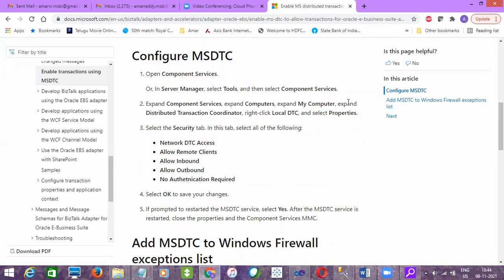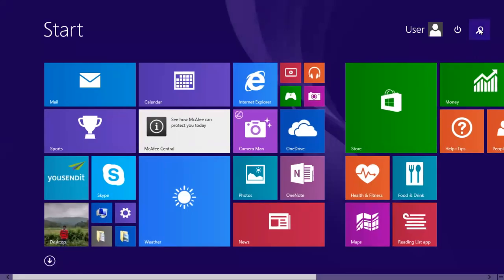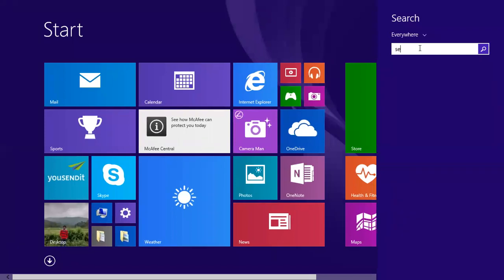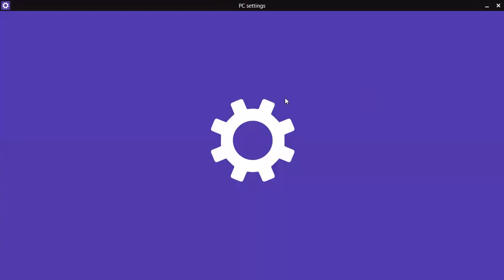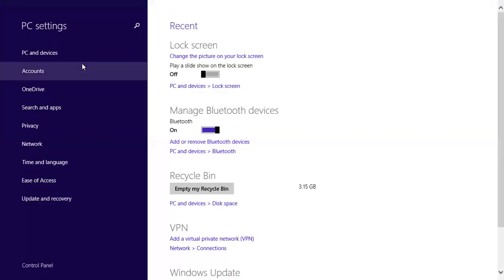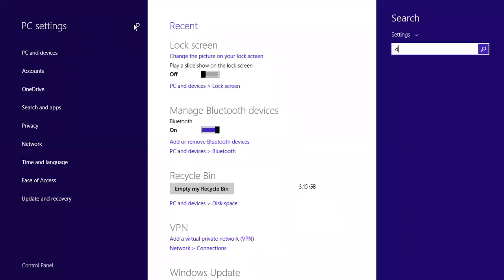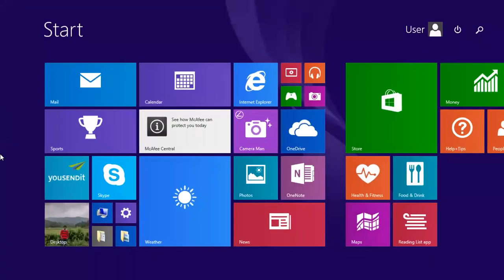My computer, expand distributed coordinator. No, it is not there here, right?